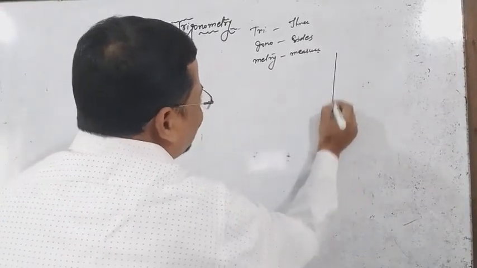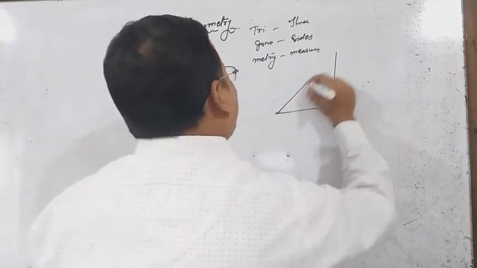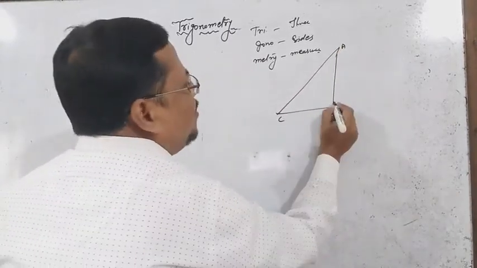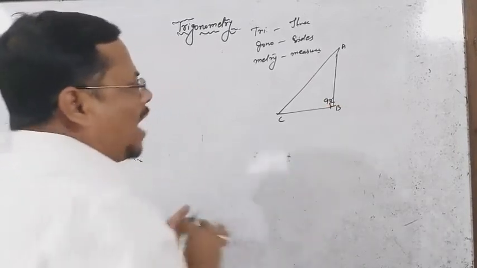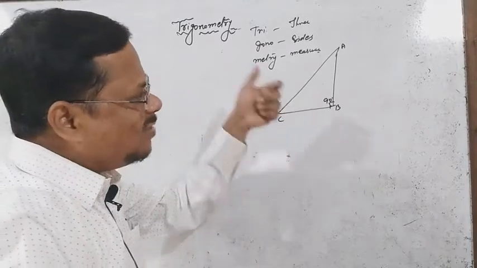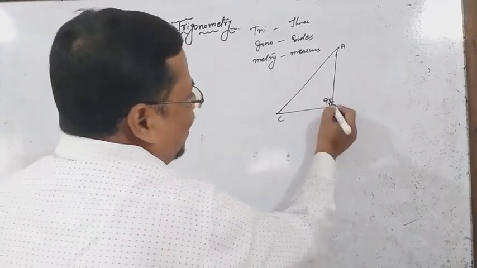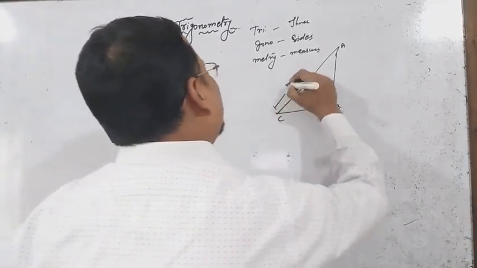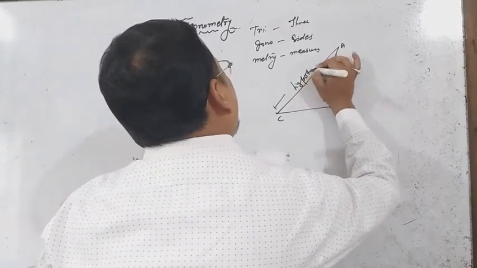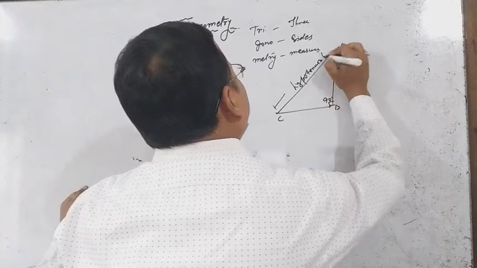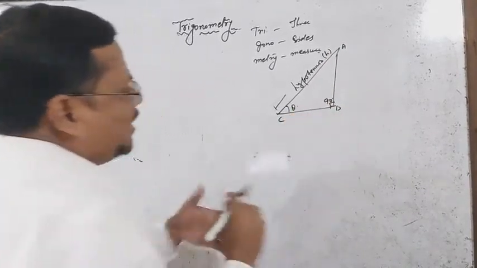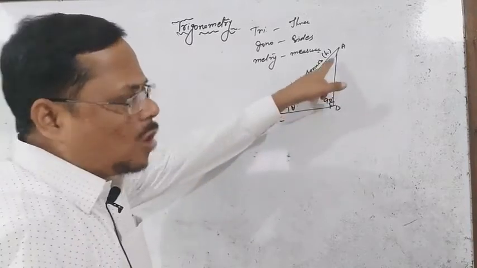First, for example, here is a figure of the right triangle ABC, where B is equal to 90 degrees. At first, find the hypotenuse, perpendicular and base of this triangle. The side opposite the 90 degree angle is called the hypotenuse. It is denoted by small h. And theta, for example, is an acute angle. It is also an acute angle.